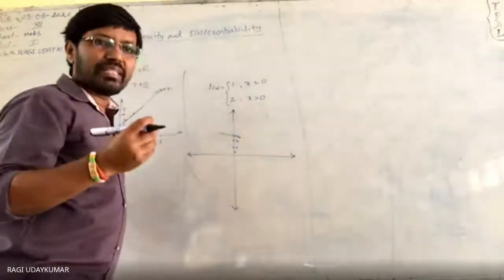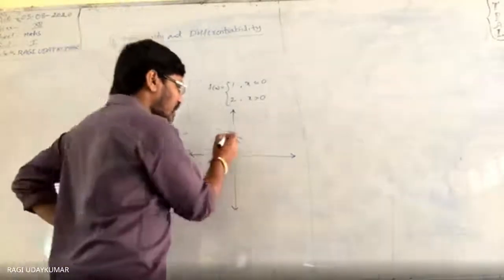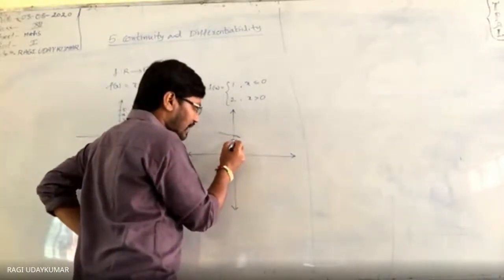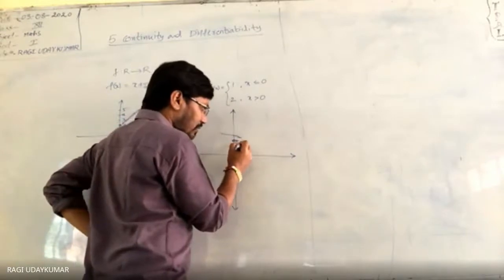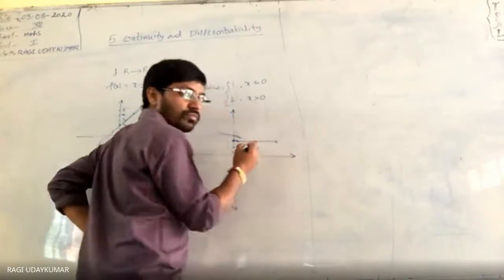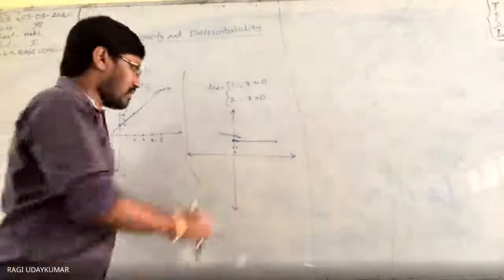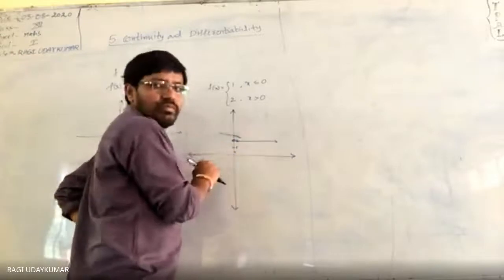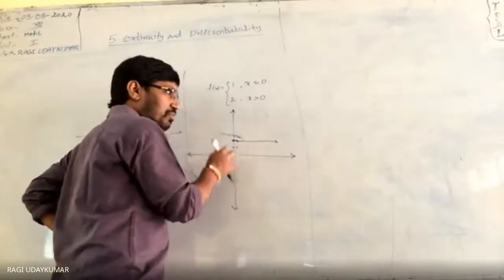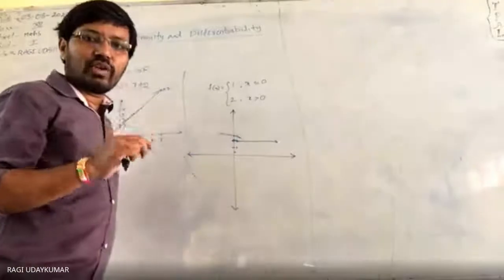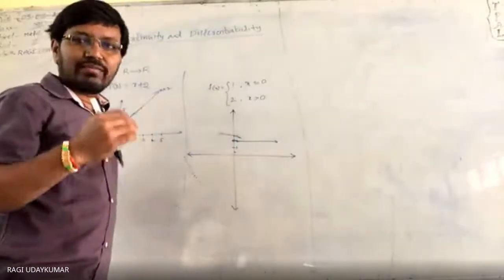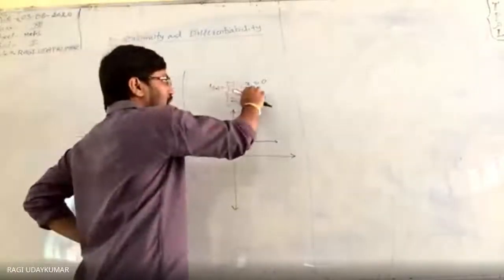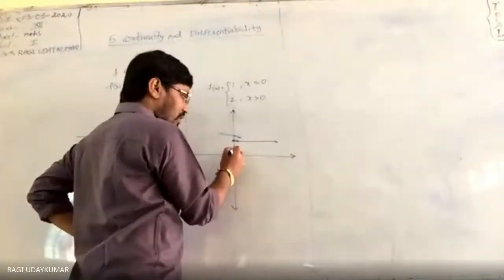But how do we represent that as a graph? When you draw the graph of this function, you need to draw a circle and this function continues, because any positive number you take, the value is 2. But at the place of 0, it is not 2. At the place of 0, it is 1. So mark the value 1 there.